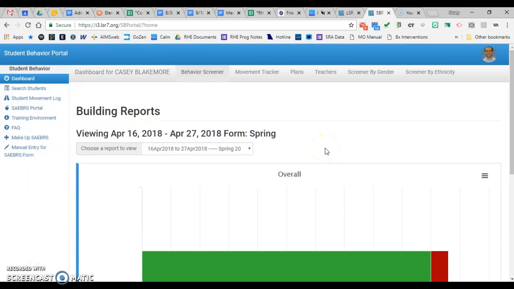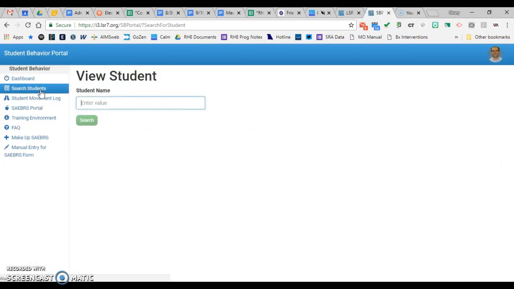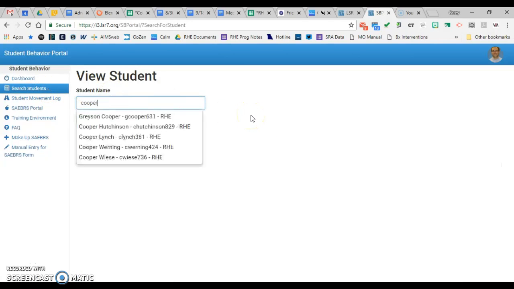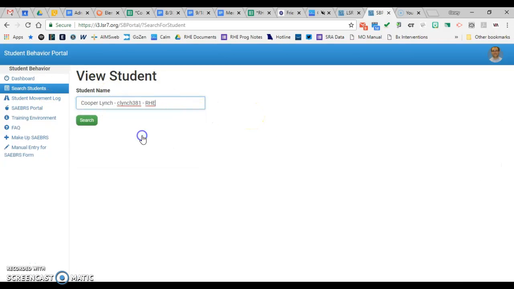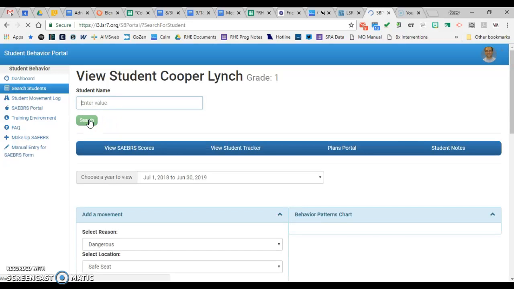Okay, so now the teachers can log in, search for a student, and enter a move, but there's still another issue when they try to escalate or de-escalate a move. So if I click search, start to type the student's name, this is a first grader at Richardson,